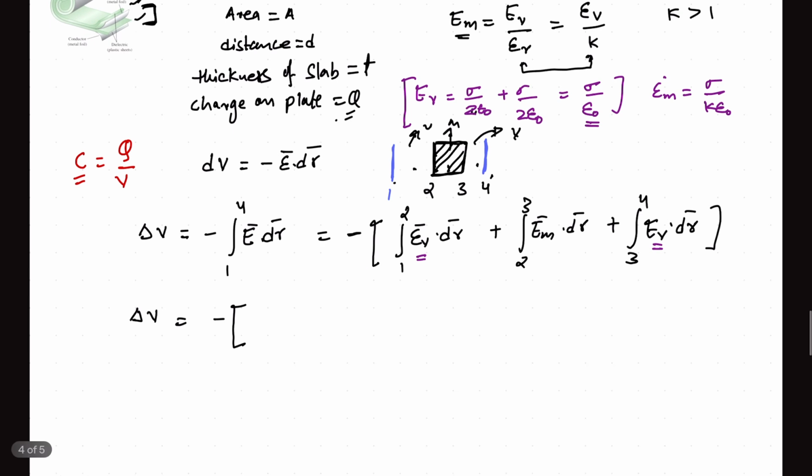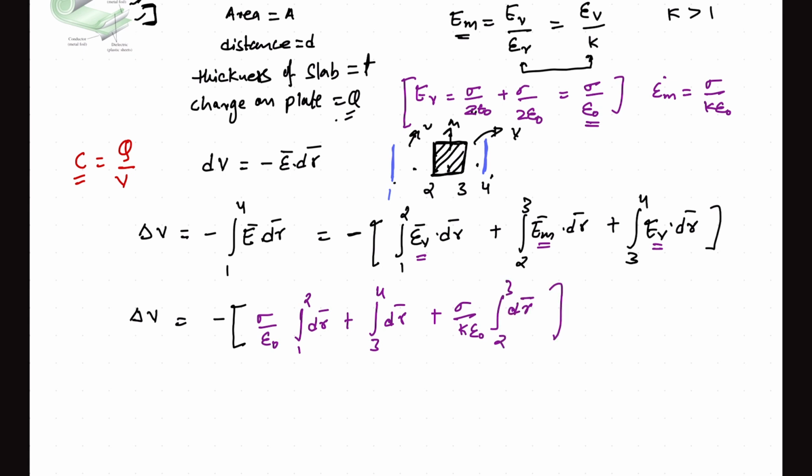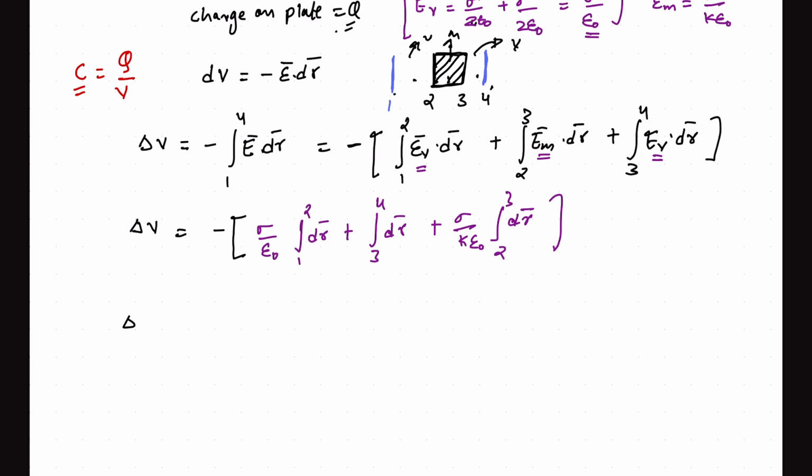So we can take out the constant from the integration, right? So sigma divided by epsilon naught, and then we have the integration from 1 to 2 of dr, plus the integration 3 to 4 of dr, and then we have this 2 to 3. So the electric field inside the medium is sigma divided by k epsilon naught. So sigma divided by k epsilon naught, and the integration 2 to 3 of dr. Okay, we got this much. Then the potential difference is negative of sigma divided by epsilon naught, and this total dr vector 1 to 2